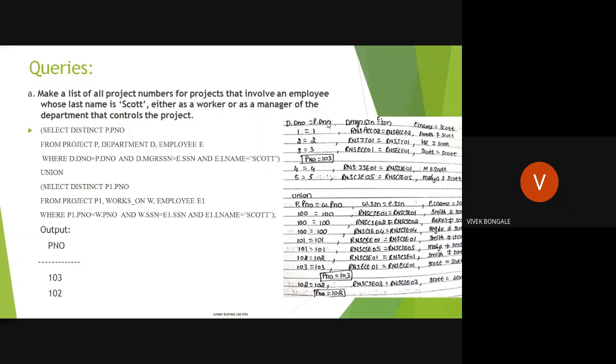In the where clause, if we have any conditions while retrieving the value from the table, if the query needs to satisfy any condition, we write that condition in the where clause. Correct? These are the three basic clauses we use while writing any query in SQL: select, from, where.